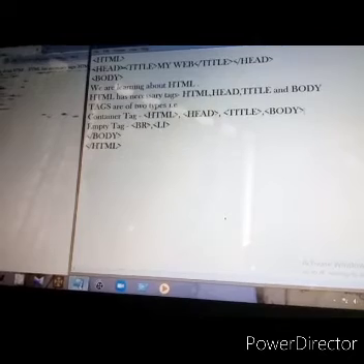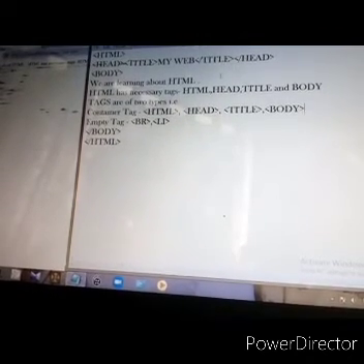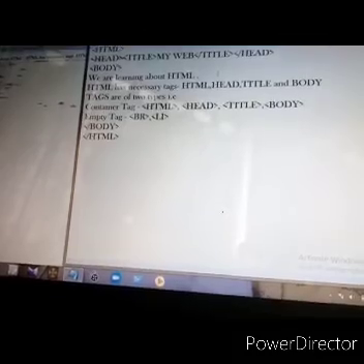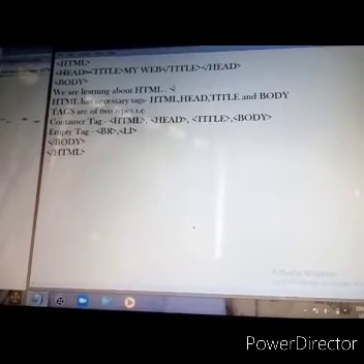Now what do we have to do when we need the same thing to be written as we had written in Notepad? For that, again we will be using a tag. To get it in the same fashion as we have written it here, I will be using the line-terminating tag, that is the BR tag.